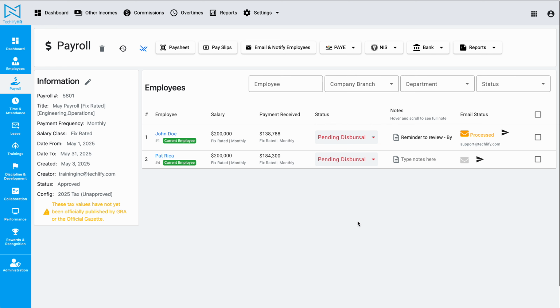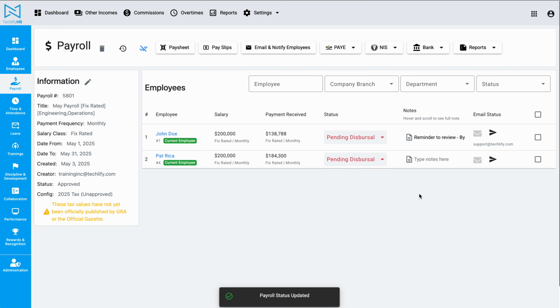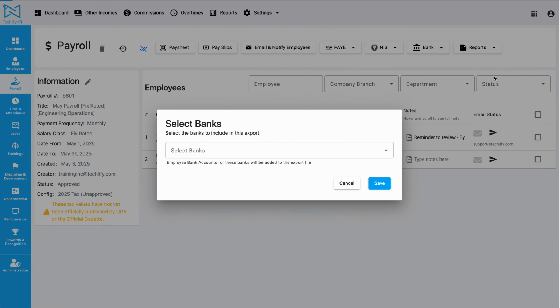So in order to get your bank account information added to the payroll, you would need to unapprove this, recalculate John's salary, recalculate Pat's salary, and you go ahead and approve this. Now the bank account processing does take a couple of seconds, so we'll give it some time. In the meanwhile, I wanted to generate back